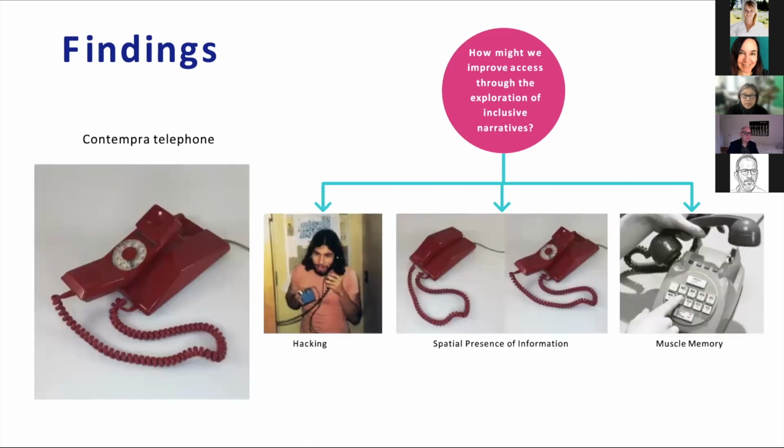is the inclusive narratives that emerge from the contemporary telephone. So just as a reminder, it's usually interpreted in visual culture for its contribution to Canadian design. But with the participants, what emerged was they had different narratives that included hacking, phone phreaking, as they called it. And even what came out of it was an exhibit module about muscle memory, shown in that photo on the far right, of how they actually use telephones and how they remember where the numbers are on the keypad.